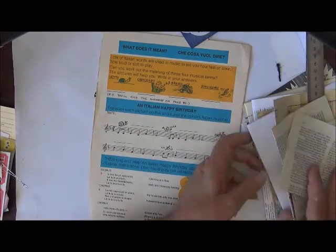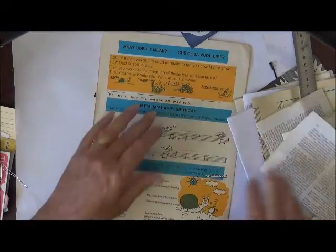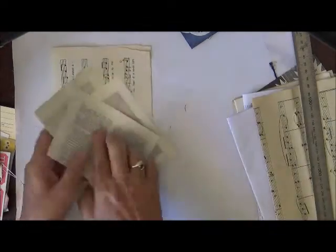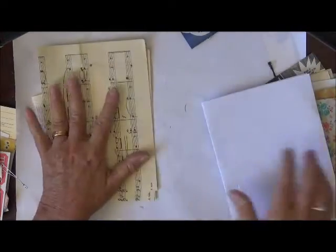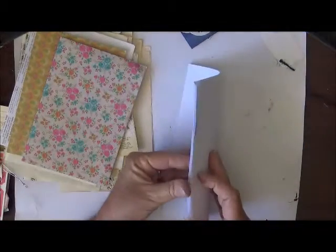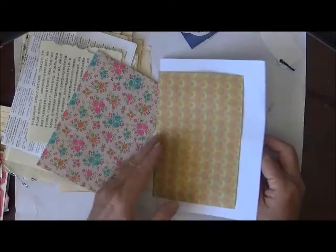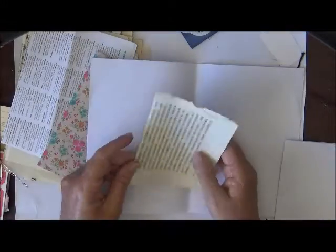And I've got this one here. What's that bit? Length. That's fine. Alright, so there's all my pieces of papers, and I'm going to start off with that. Then I'll have a white, and